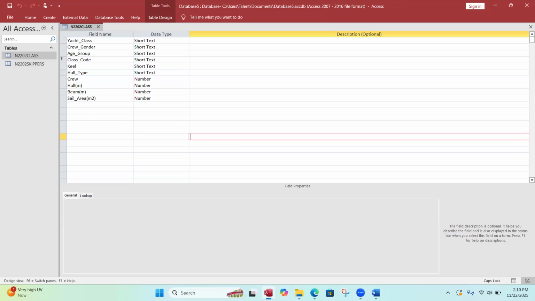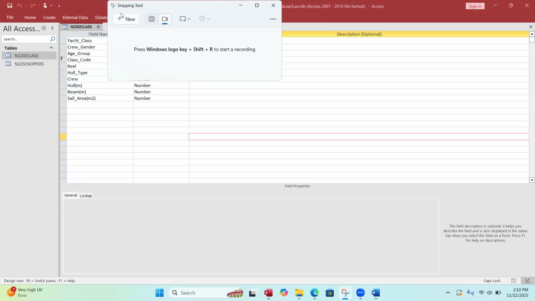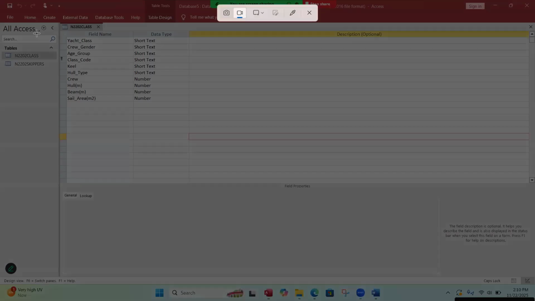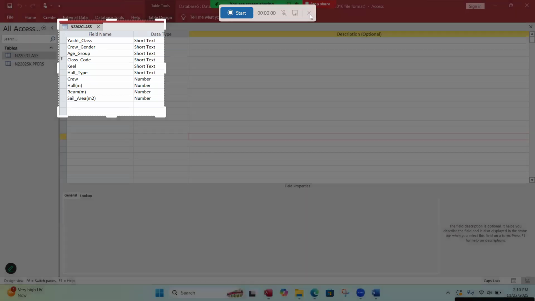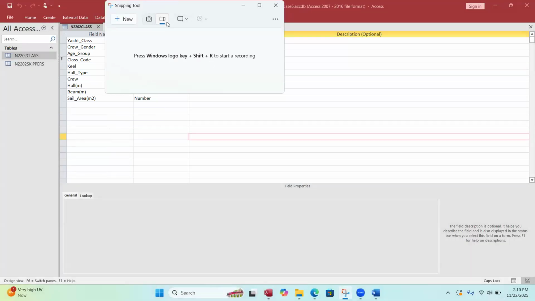And you use your snipping tool. You click on new, and then you make sure that you take that area that we want, okay, to take the screenshot. And then for the other table again,